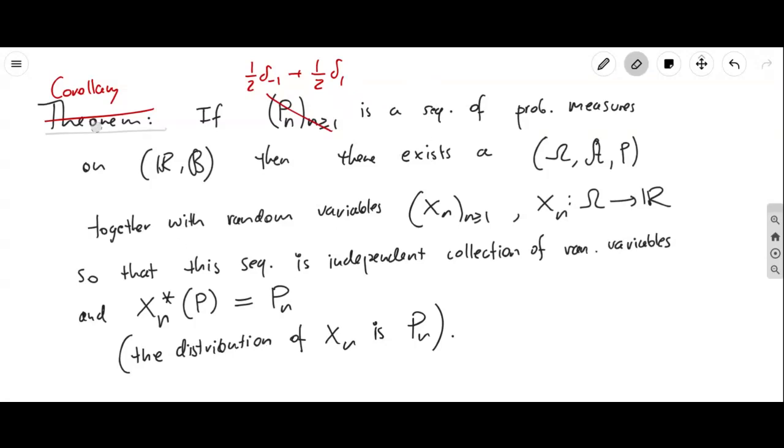But we're going to prove not the general theorem, but the special case where it behaves in this way. And the proof of the general theorem is actually just like the proof of this special case, but it takes a bit more work. You have to do something more with it. So here's how we do it. We're going to construct